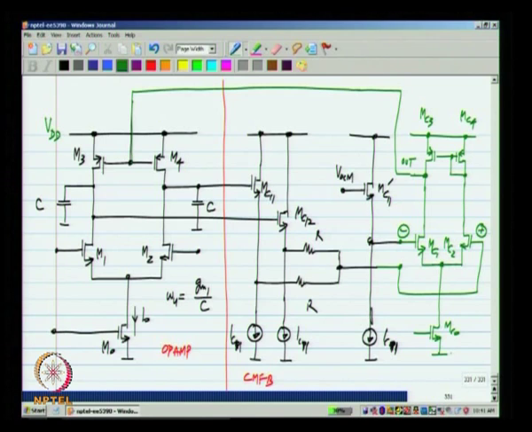Now, first of all, one remark about this circuit. This is just a single stage fully differential op amp with common mode feedback. Already you see that the circuit looks very complicated with many transistors, and it is probably at the limit of what I can draw in this area of the screen. Okay. So, it is extremely important to understand what is behind the circuits. You cannot really mug up these circuits, you cannot learn them by heart and then figure out how they work. You have to be able to understand each part of the circuit and then understand the function of the circuit. Okay.